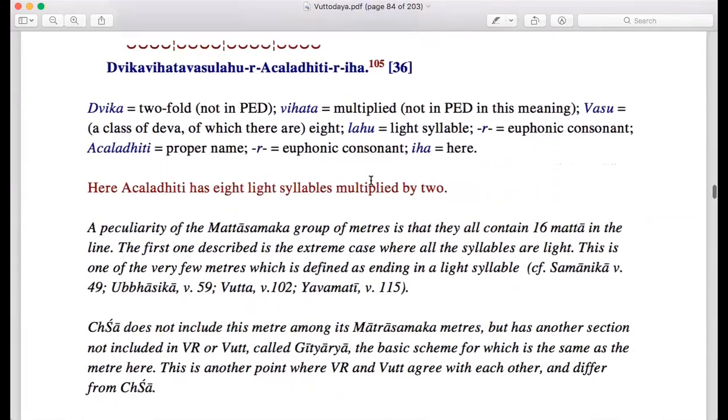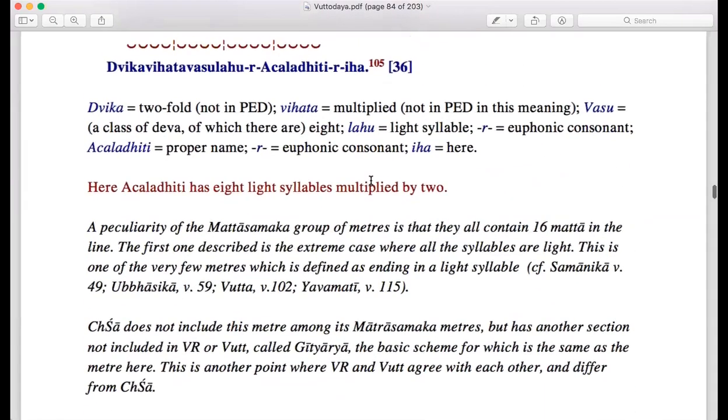Is that clear, Bante? Yes. Bante, in the week we learned the ending. The ending we always consider the heavy syllable, but here we call it the light syllable. Yes, for why? That is a very good question. Thank you for that question. Of course, most of the times we consider the ending syllable as a heavy syllable, right? That is a rule. But we also learned that that is not always. That is at the most of the times.